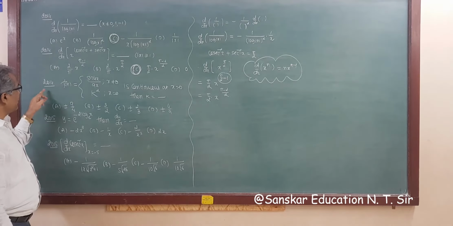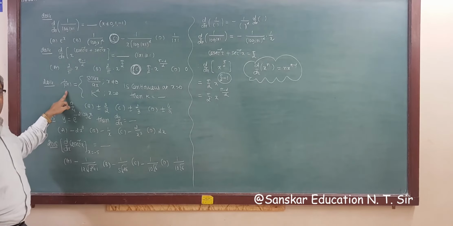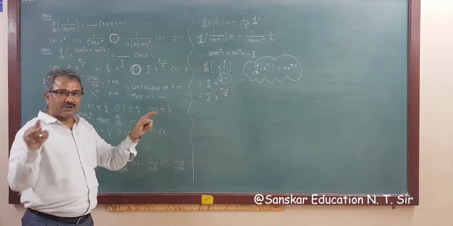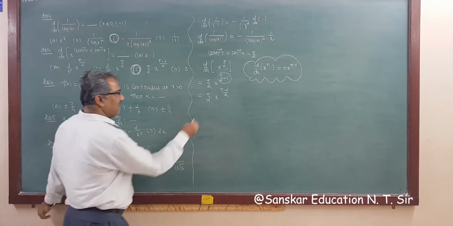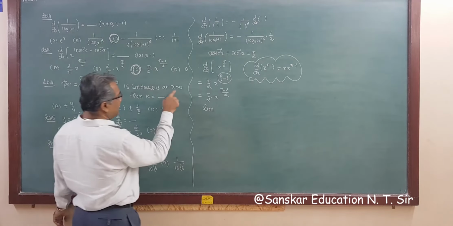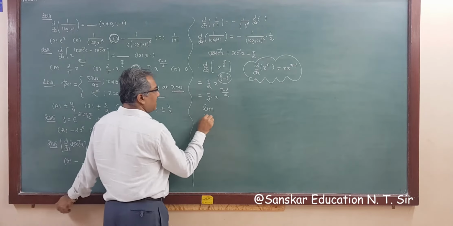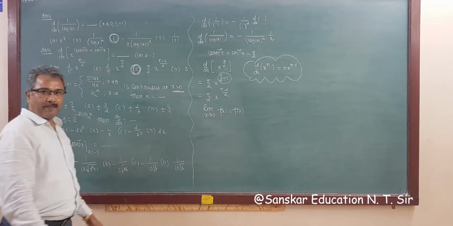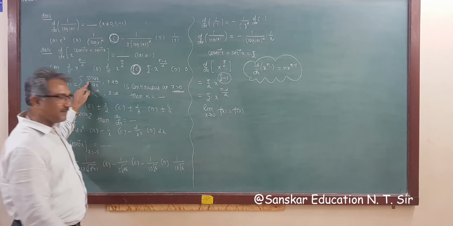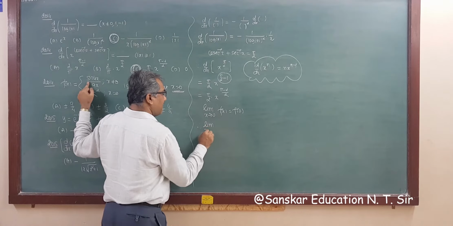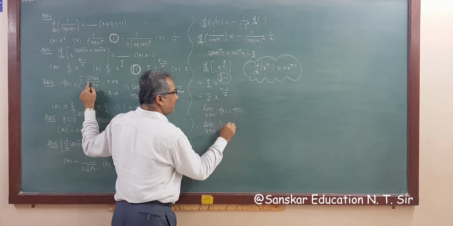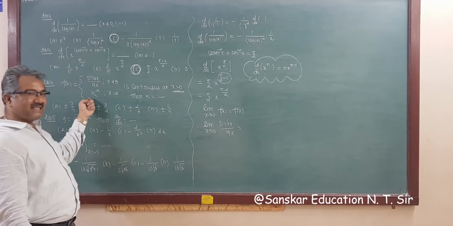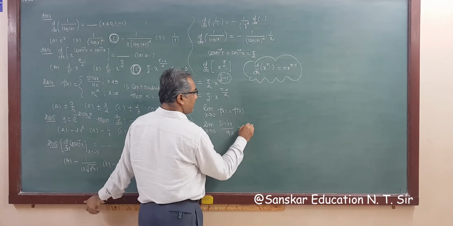The next question is from the 2014 exam. f(x) is a function that is continuous at x equal to 0. Function is continuous means value is equal to limit, that is, the limit as x tends to 0 of f(x) is equal to f(0). This is your solution. The function is sin 4x upon 9x, so the limit as x tends to 0 of sin 4x upon 9x is equal to f(0). The value of f(0) is k square.